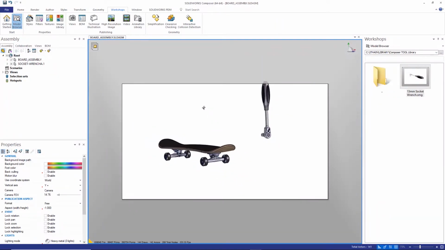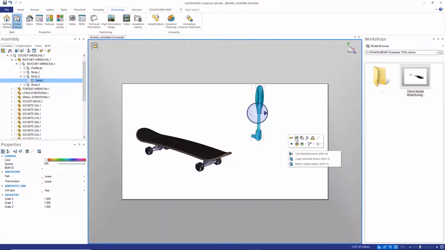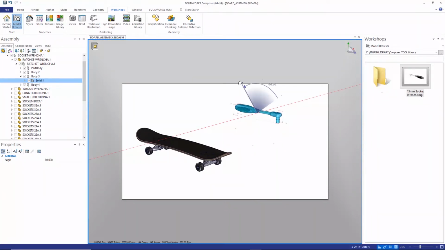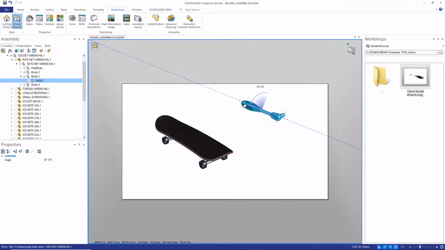Okay, so what I'd like to do first of all is to get this into the correct location. So to begin with, I'm just going to select the whole thing, right mouse button, and I'm going to use this option here, which is rotate. And you'll notice that we've got a nice little gimbal, and it snaps to 90 degrees, so I can turn this thing over and get this roughly into the position I want.